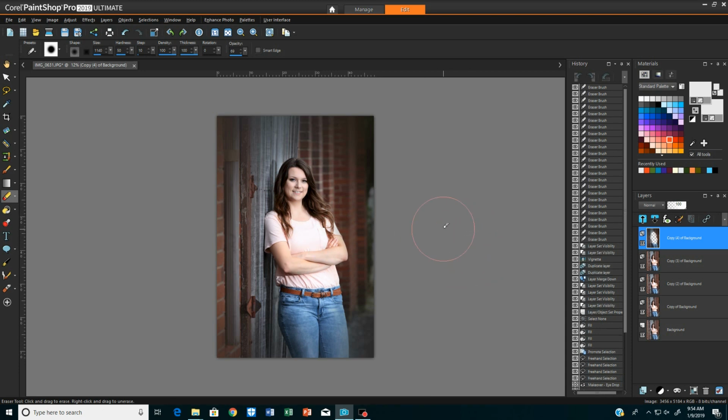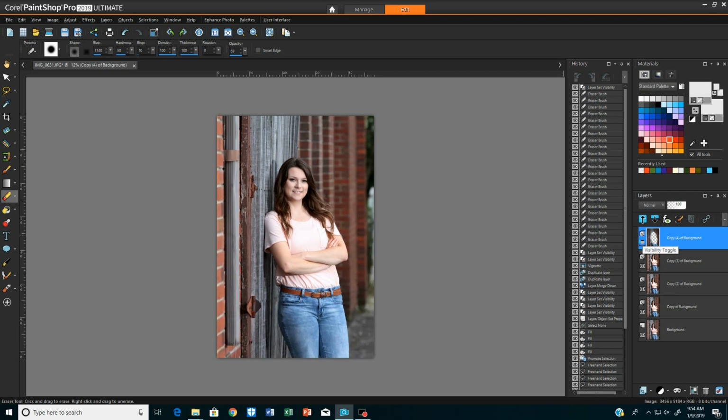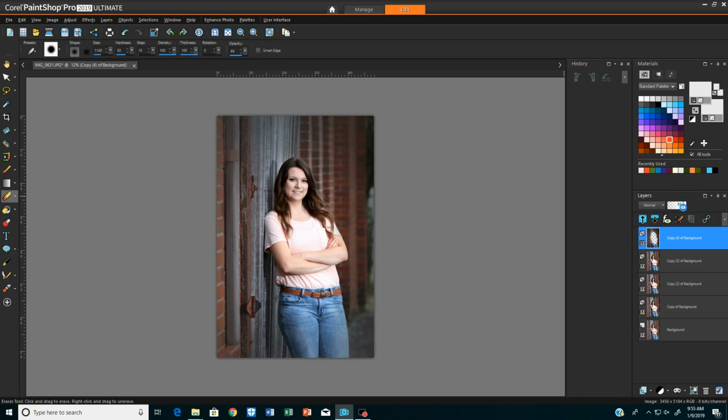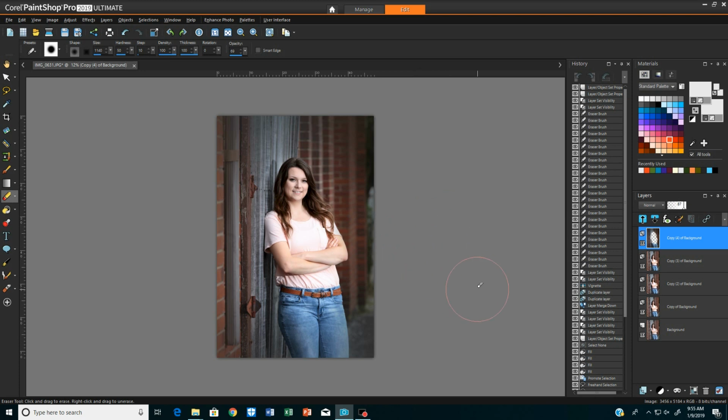So let's go over to the layers palette just for a moment. Let's show you what we've done. Click the eyeball, toggle off, and watch the image. Now let's click it back on. Ta-da! I like that. If you think the vignette is a little bit too dark, go to your visibility opacity slider bar and slide it down just a little. I'm going to go back up. I think that looks fantastic.